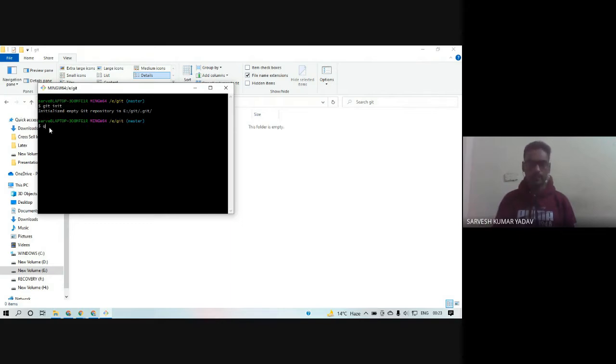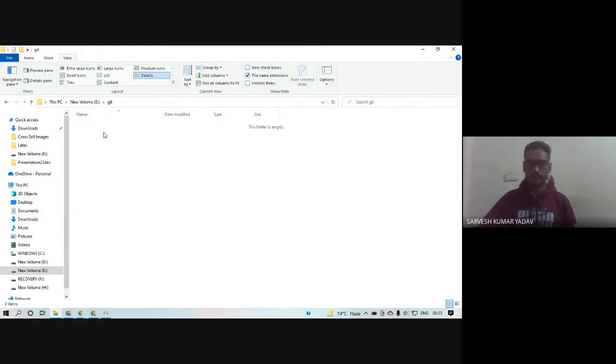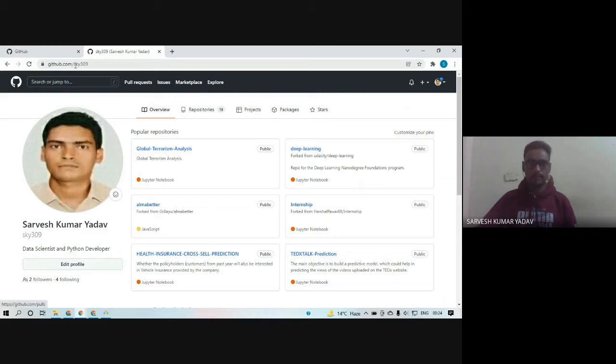Now I want to clone a repository from the GitHub server, from the cloud-based hosting system, and pull that under this local system. So I am going to github.com where my repositories are present. This is the cloud-based hosting system.